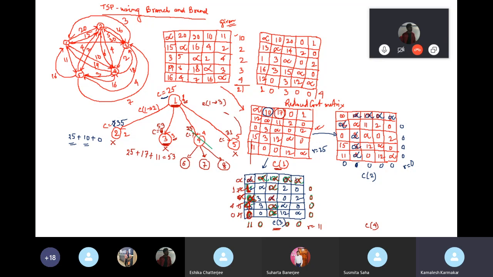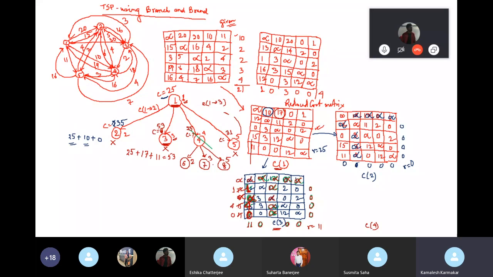After calculating this C4 matrix, that C4 will be taken as input and further expansion will be performed. If you start from vertex 1, and the next vertex visited is 4, then what can be the possible vertices to visit? 1 and 2 are already visited, 1 and 4 are already visited. So the next vertices which you can visit from vertex 4 are vertex 2, vertex 3 or vertex 5.